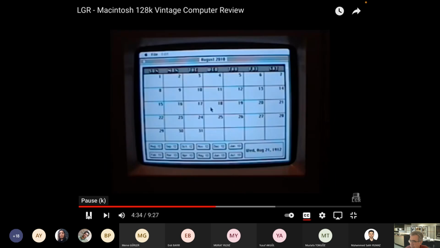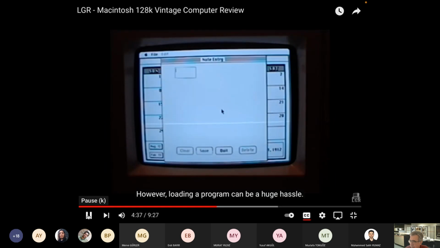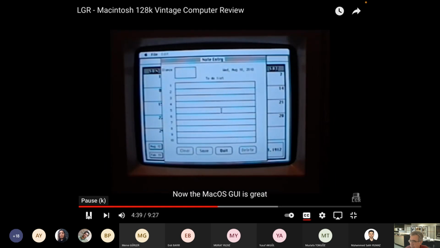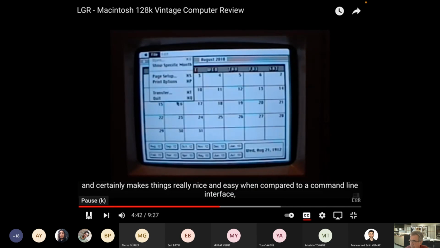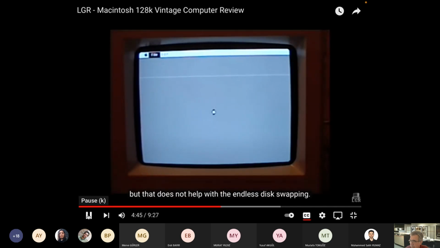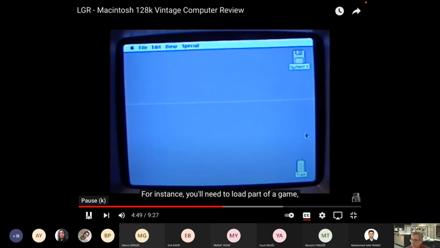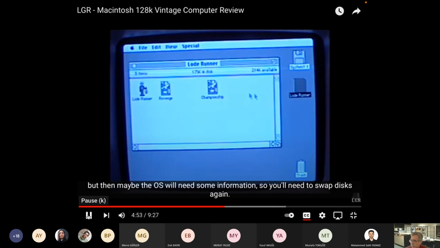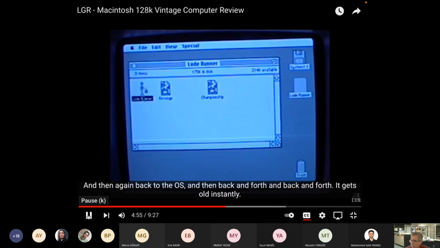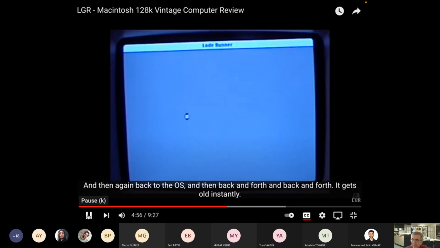Groovy. However, loading a program can be a huge hassle. Now, the macOS GUI is great and certainly makes things really nice and easy when compared to a command line interface, but that does not help with the endless disk swapping. For instance, you'll need to load part of a game, but then maybe the OS will need some information, so you'll need to swap disks again, and then again back to the OS, and then back and forth and back and forth. It gets